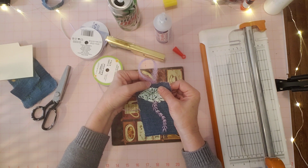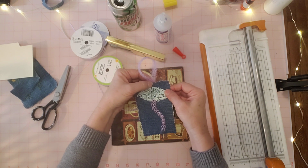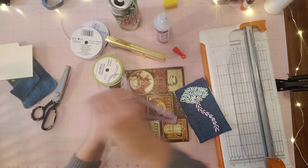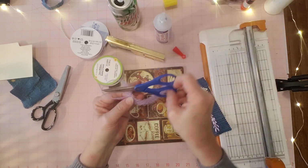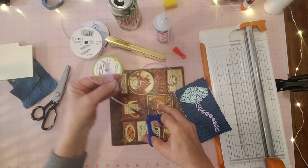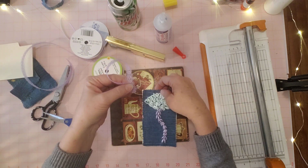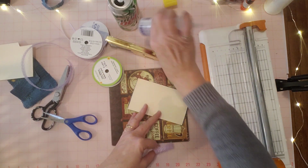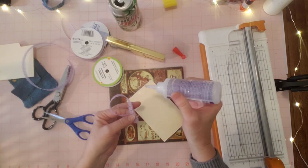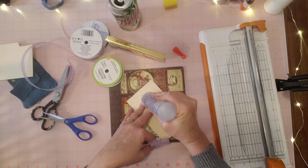All right, I think that's good. I don't want to make it too big because that'll look weird. It won't look like an appropriate size for this tag. So let's cut it right there. Okay. So let me see. I think I'm going to put a little glue here first and then staple it, just to hold the laces together. Now I had it sitting up, so it's going to be